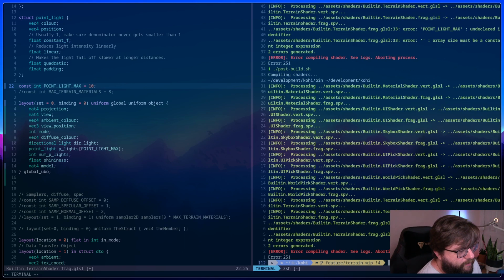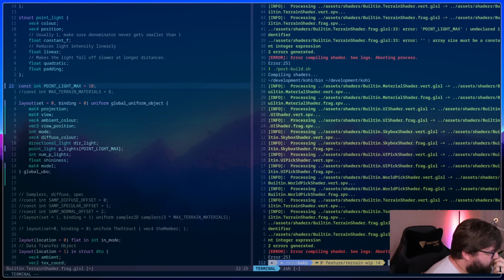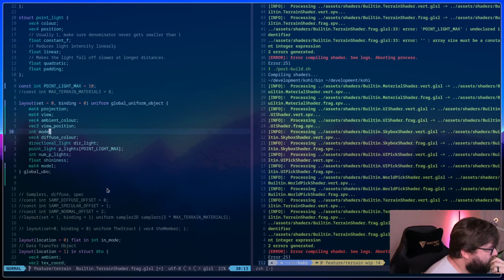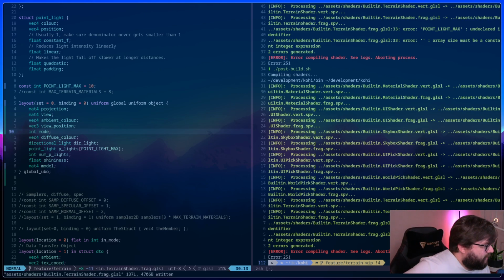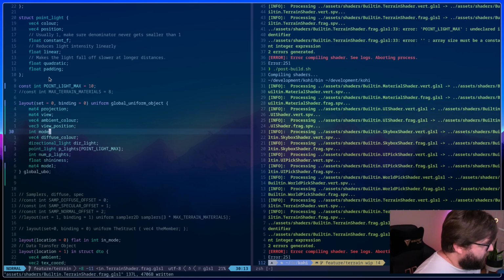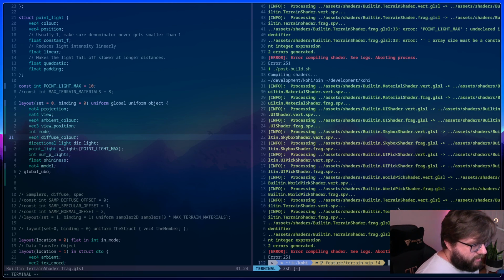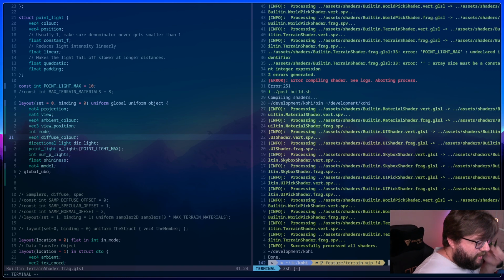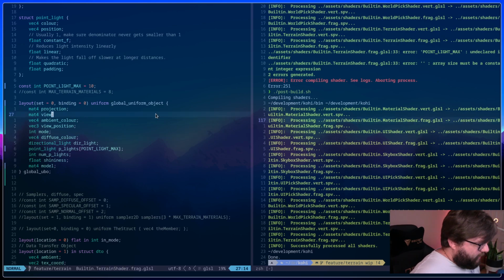post build again. Oh, now what? Point light max. Undeclared identifier. Did I not write the file? That is a constant, yeah. Okay. Let me try this again. There we go. I must not have written the file. Okay. All right, so